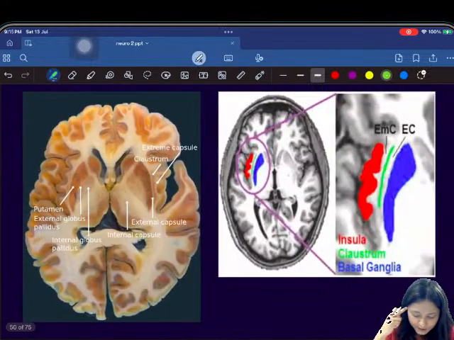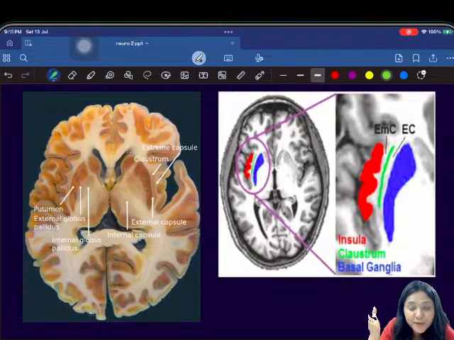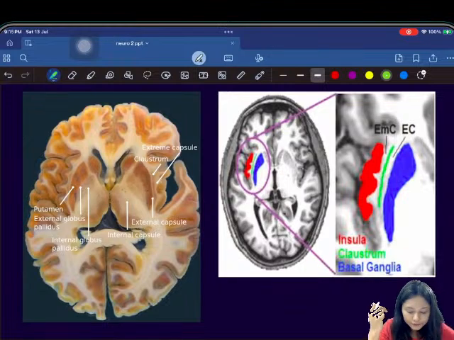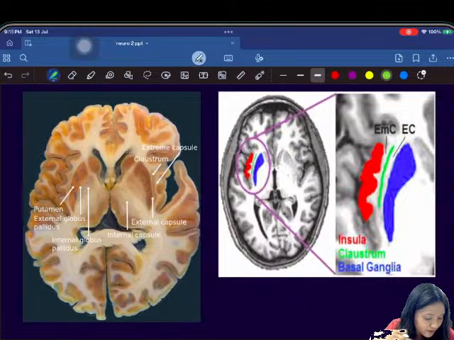Okay, now there is another thing that is called extreme capsule. Extreme capsule. Now I told you that whenever there is a capsule, you know that capsule means white matter, okay. Anywhere there is the mention of the word capsule, that is white matter. So you try to remember,